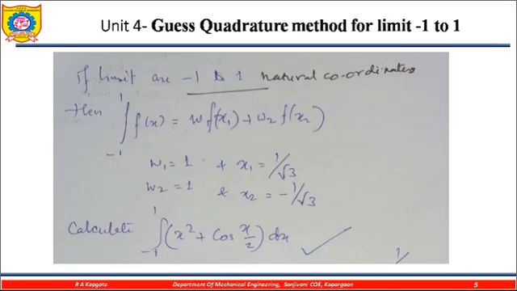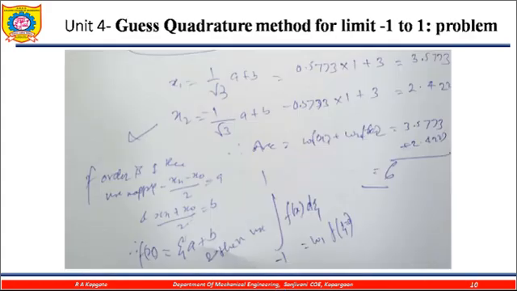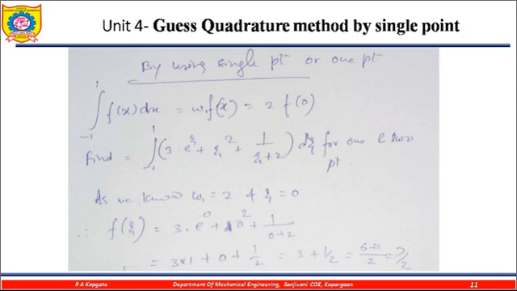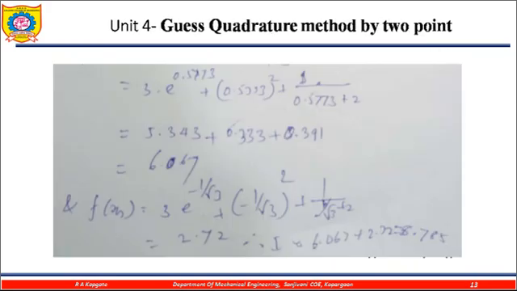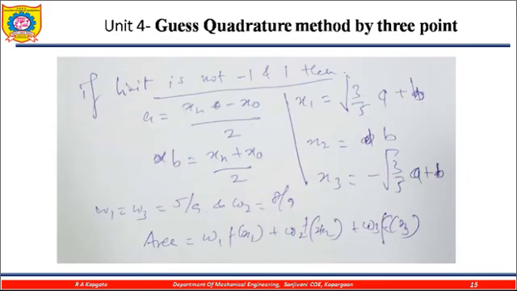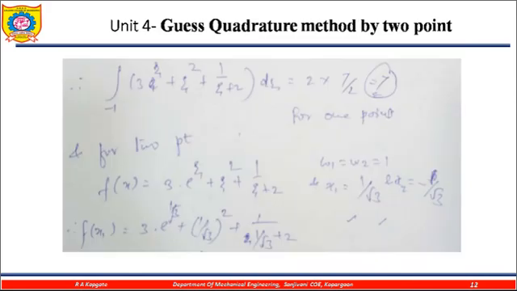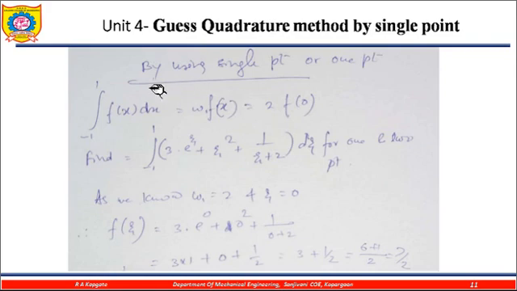So let us move again to a problem, so that we can understand the concept in the right way and be able to solve any type of numerical integration problem very perfectly. So first of all, let us take a problem of the one point formula. By using the one point formula, this is the function. So this is w1 f1, 2 into f0. Okay, so find this one.